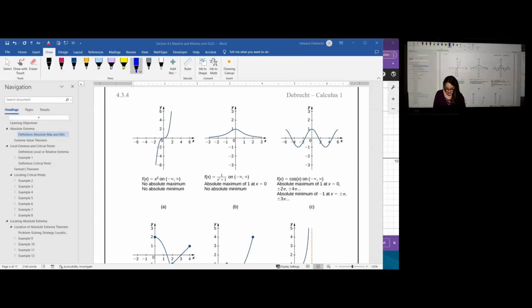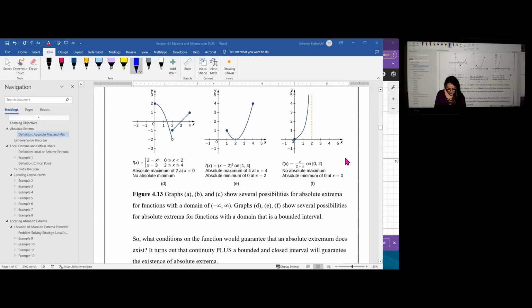Let's take a look at the next set of examples. When we're looking at these examples, the one on the far left is a piecewise defined function. We have part of the graph of x squared plus 2 defined between x equals 0, closed, up to 2, open. It does not include 2, but it has a hole in the graph there. There's actually a jump at that point because the next section is defined over the closed interval from 2 to 4. It's the linear section, which is going to give us,